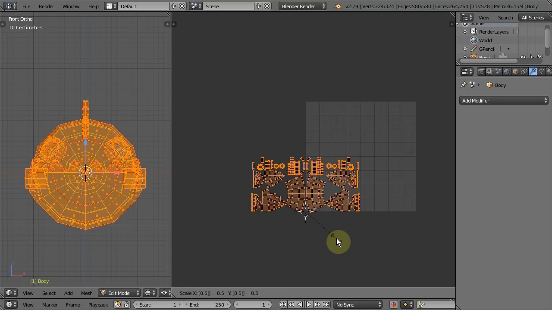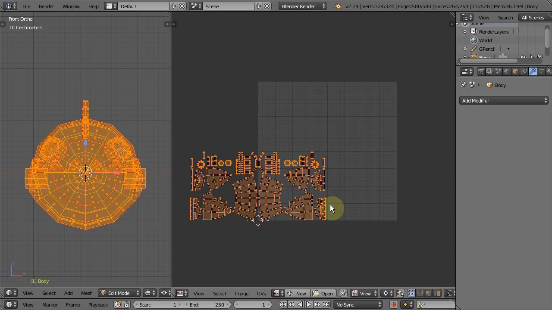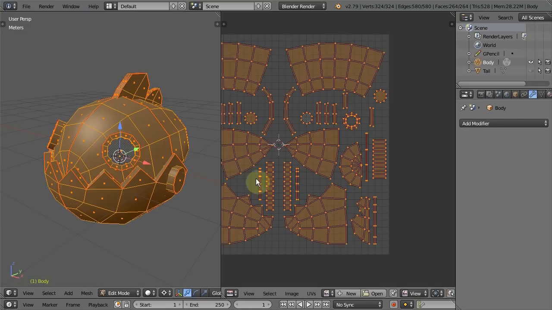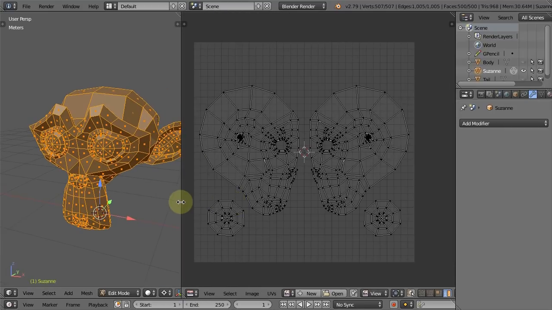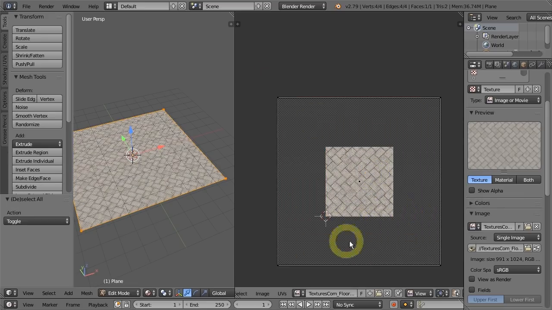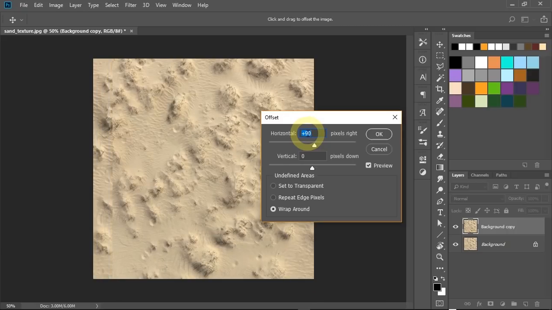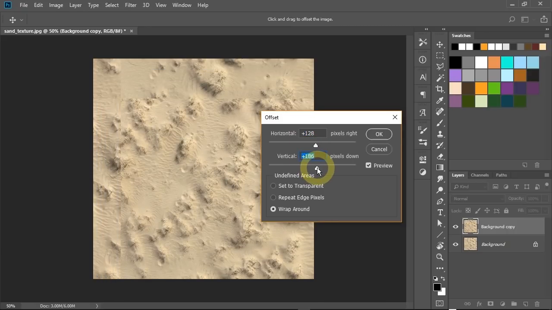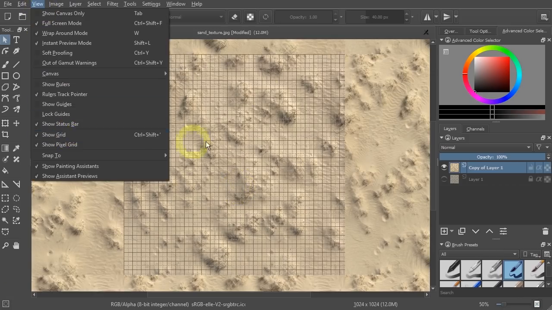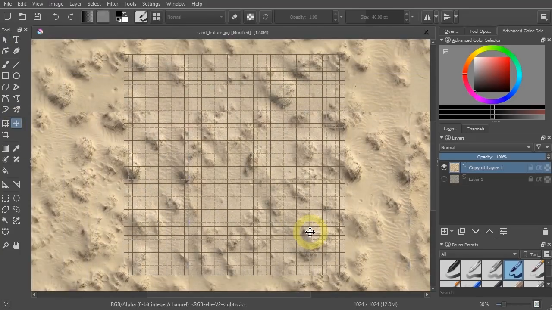Next, we're going to cover even more methods for creating UV maps on symmetrical 3D models. This is because there are many scenarios of symmetrical UV mapping based on different needs and conditions. After that, we'll be focusing on tileable textures. We will explore how to create seamless textures in Photoshop, then in Krita, and then finally in GIMP.